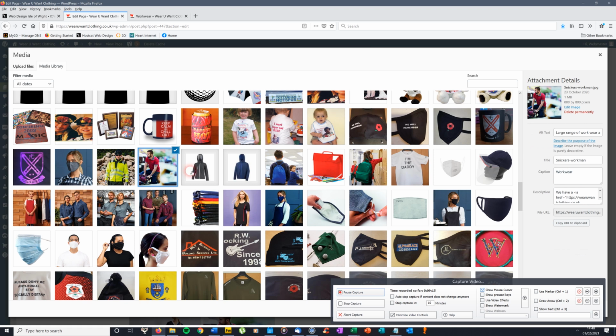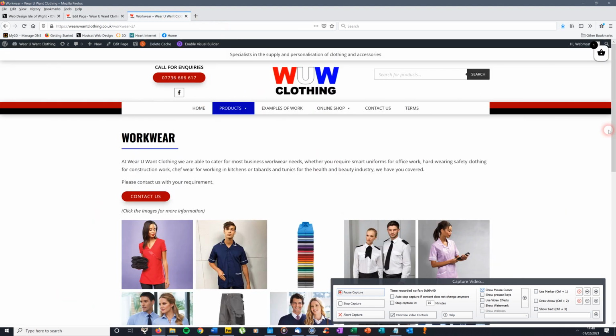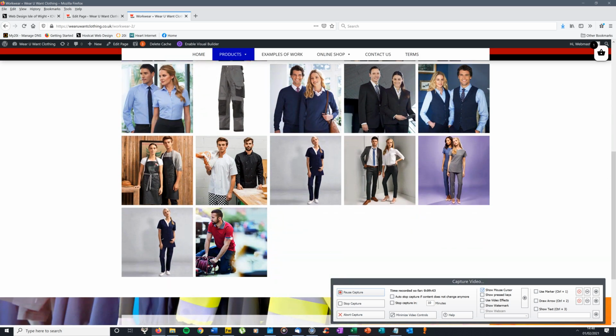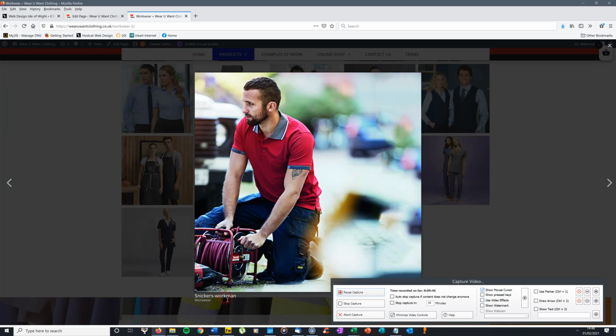If I click on that image, you'll see over here all the details attached to that image. Some of these have been filled out previously, which didn't really need to be filled out. Oh yes, they are actually. Let me just make sure. This one that says description, if I go on the front, I click on that image, it comes up as Snickers-Workman with workwear under it, which isn't quite right. So if we go back,